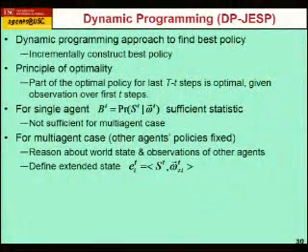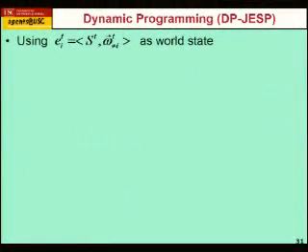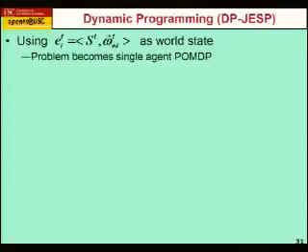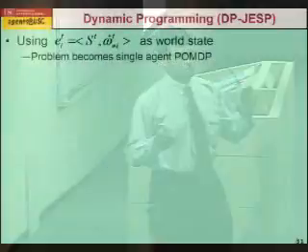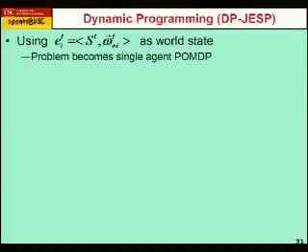In particular, we need to reason about the world state as well as the observations of all the other agents. So we define a new extended state, which consists of the world state and the observation histories of all the other agents. Using the extended state as the world state, this problem becomes a single agent POMDP. If I now explicitly have the observations of all the other agents as part of my state, the problem is a single agent POMDP with a slight difference: we need a new transition function, which can be obtained from the transition function of the individual agents